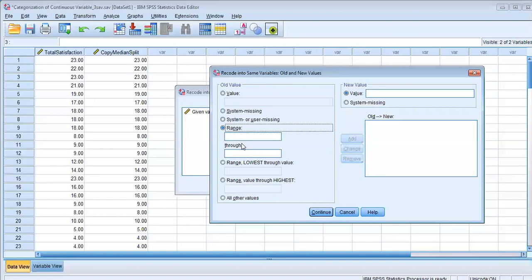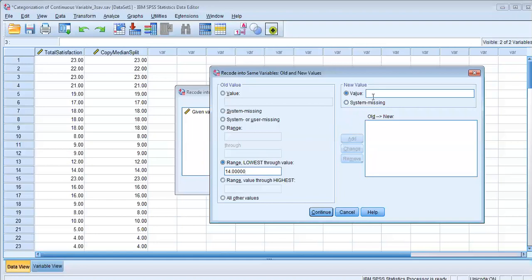If you don't remember what your smallest value was, which you can see in the output window, you can make use of the range lowest through value and the range value through highest options as well. So let's take this option. I say range lowest through value 14.0000,